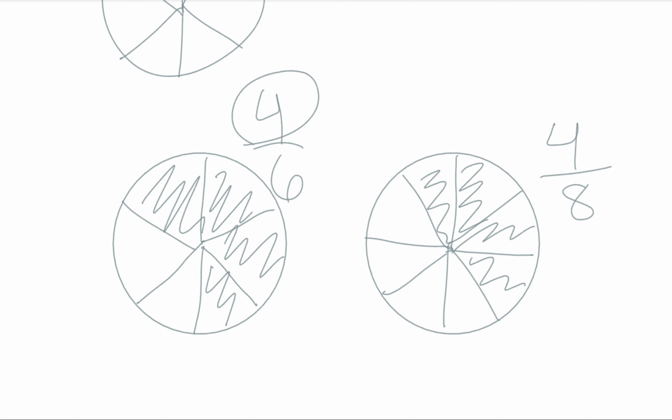So when the numerators are the same, you might want to write this down. When the numerators are the same, the smaller the denominator, the larger the number. So when the numerators are the same, a smaller denominator is a larger number, and a larger denominator is a